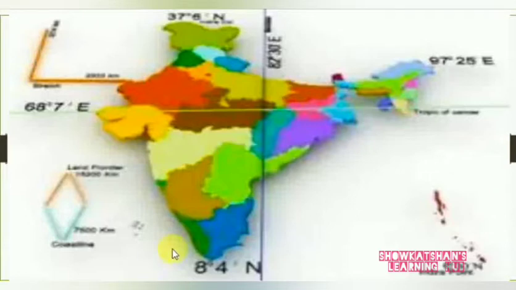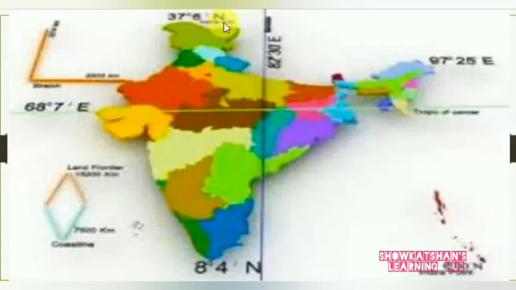Now, looking at the map of mainland India, we have the southernmost point of mainland India, Cape Comorin, having latitude 8 degree 4 minutes north, and the northernmost point of India, which is Indira Col, having latitude 37 degrees 6 minutes north. That is, the latitudinal extent of mainland India is 8 degree 4 minutes north to 37 degrees 6 minutes